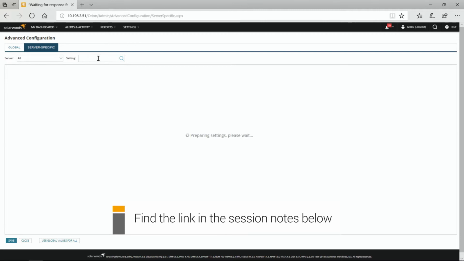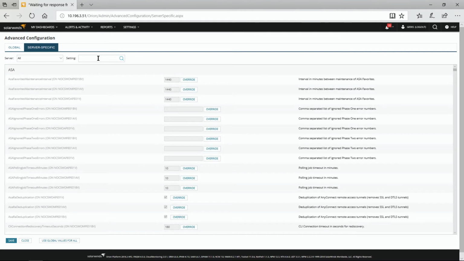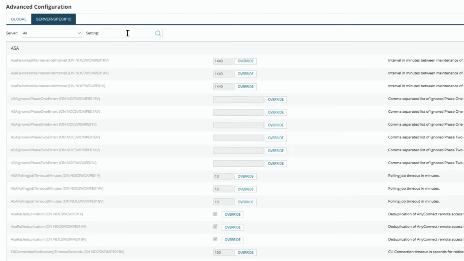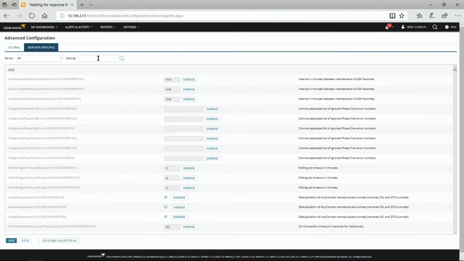Now, when we look at this, this is server specific. Earlier we were looking at global, which means that you make the change and it goes to all of your polling engines, everything at once. But what if there were other places where I needed to tweak just a little bit, because I have a poller outside, maybe in a remote office, something server specific? Well, that's where server specific comes in with the advanced configuration mode. You guys have probably seen me before talking about the ASAs and how we can change some of the information here, so a little tip of the hat there.